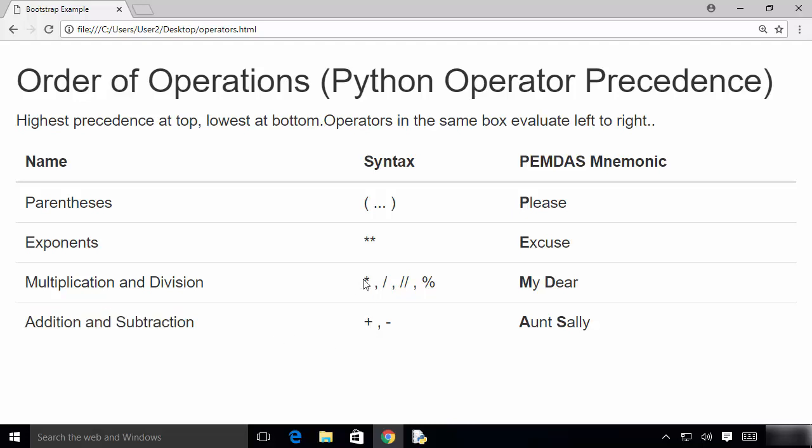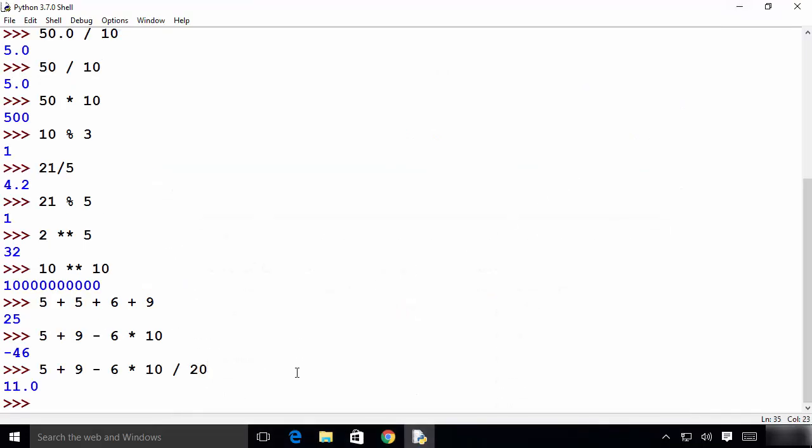So for example, if you use multiplication and division in the same expression, then the priority is decided by which operator is appearing on the left. If the operator is appearing on the left, it has higher priority than the operator on the right side. So let's take an example of that. So for example,